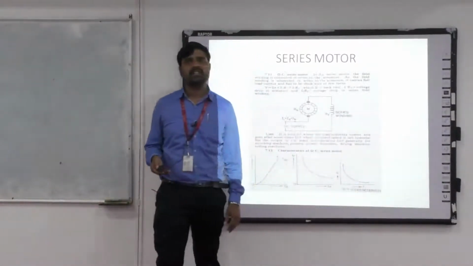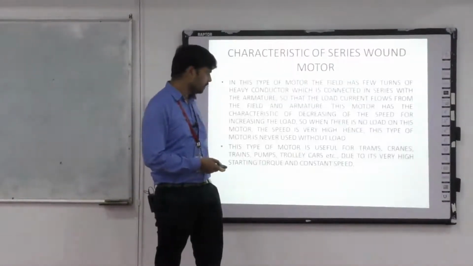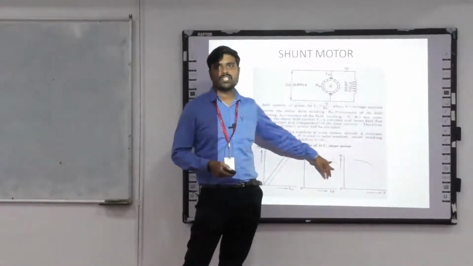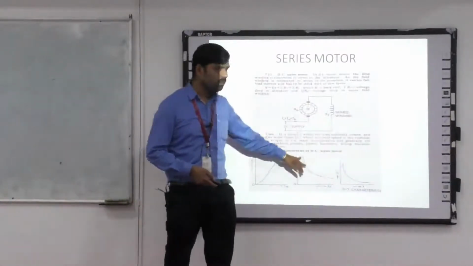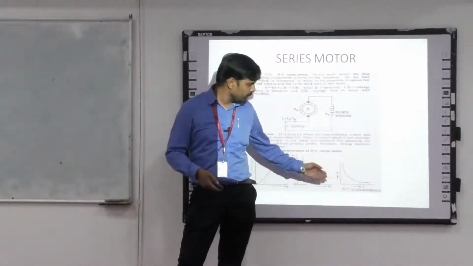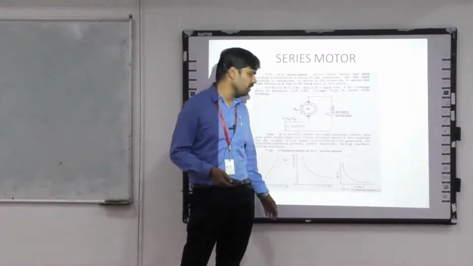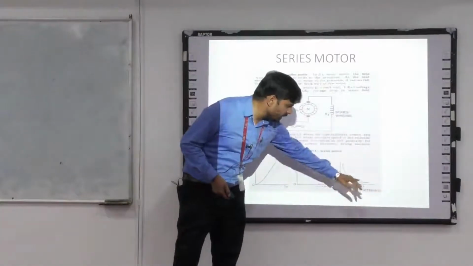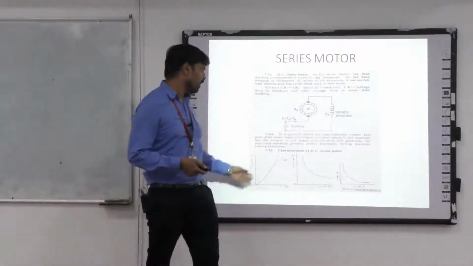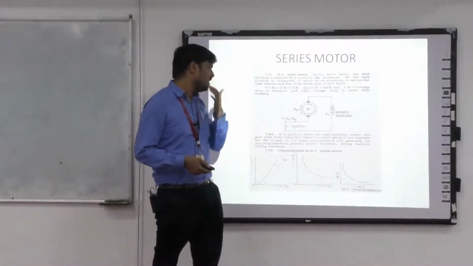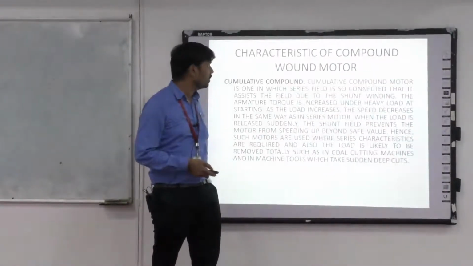It is not like in the case of the shunt motor, where we are always maintaining a constant speed. In a series motor, it is not like that. When your load keeps on increasing, we are losing the speed, but starting torque is developed. When the torque is increasing, the speed will drop down. We can use this kind of motor for lifting machines, rolling machines, wherever we need high starting torque, for punching machines, for presses, and so on.